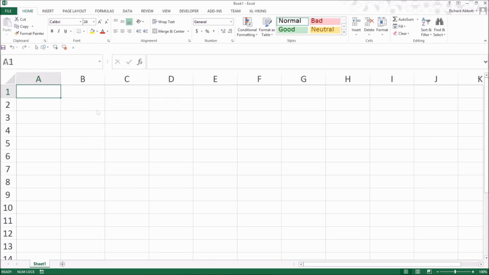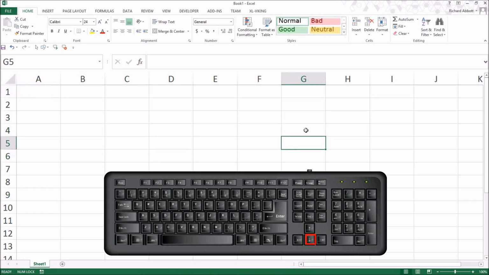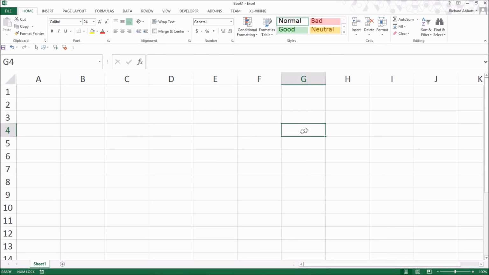You select the cell by moving the cursor over the cell and clicking the left mouse button. You can change the selected cell by using the arrow keys. When the cell is selected, anything you type is put into the cell. When you press Return or Enter, the cell receives the data input and the cell selection will switch to the